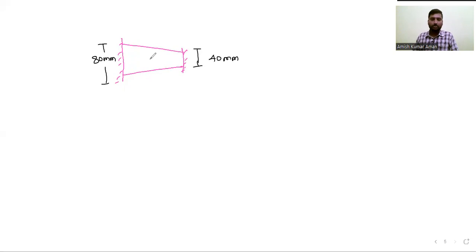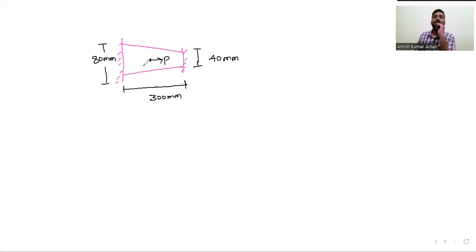And suppose at this point they have given a force acting, P force. So they are asking you to calculate this P force, and this length they have given from here to here. The length they have given is 300 mm. At this point, they have given a load P. Now the problem is,